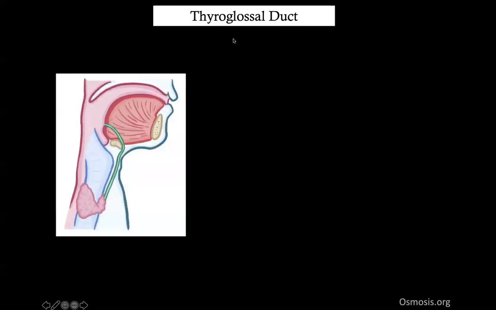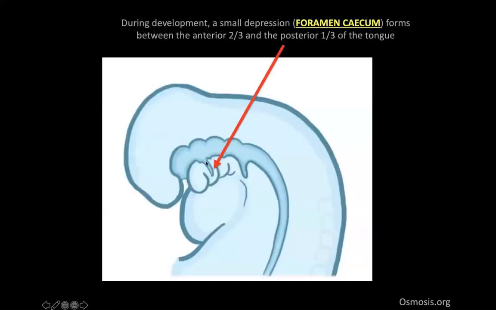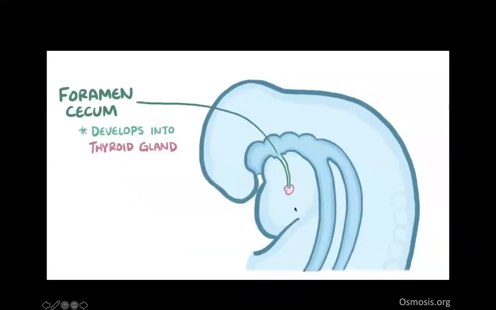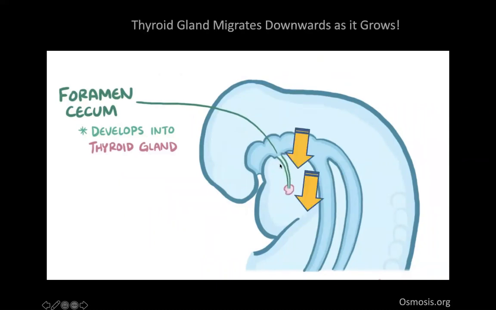Thyroglossal duct, as the name says, is a duct that goes from the thyroid to the tongue. Glossal means tongue, and it actually starts from the foramen cecum, a small depression at the level between the anterior 2/3 and posterior 1/3 of the tongue, that goes down and down during the development. It starts to develop at the third gestational week, and then at the inferior margin of this depression, the thyroid gland develops. So there is the thyroid gland going downward, attached to this canal, to this duct, and